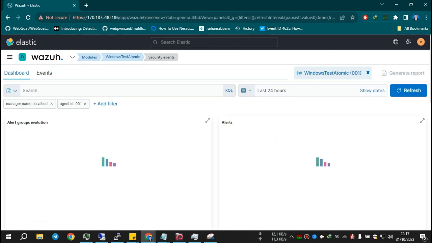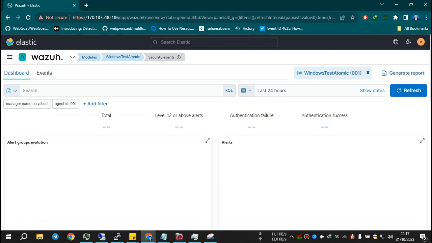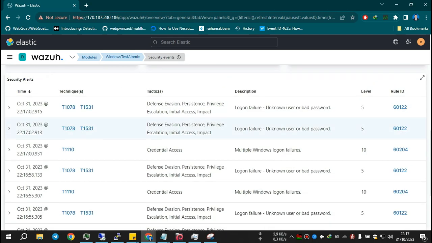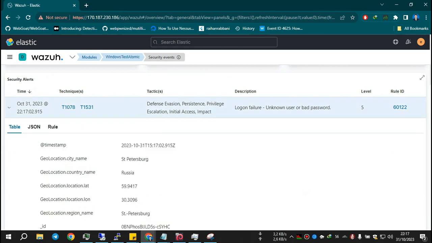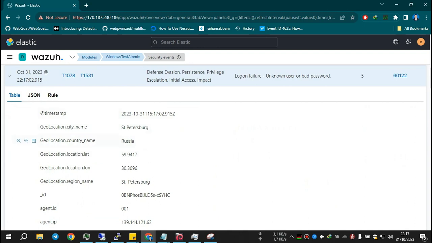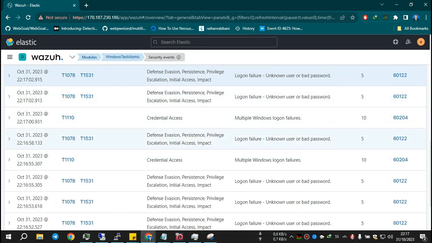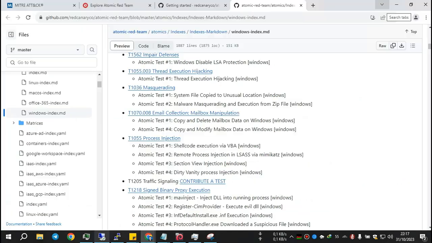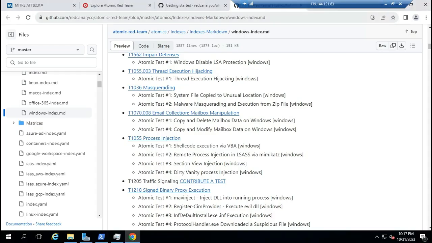In security events, even now there are many attempts to gain access to my Windows. You can look at this example from Russia trying to hack or take control of my RDP connection. I'm using RDP to connect to my Windows server.